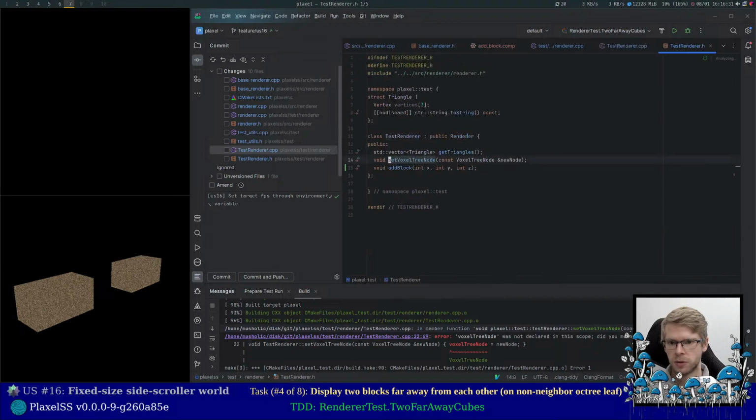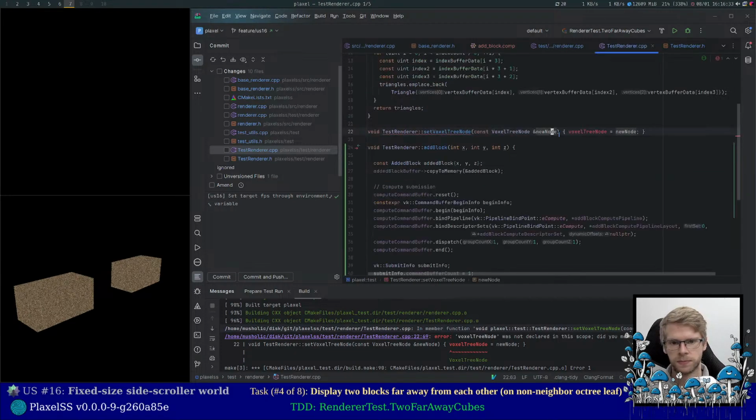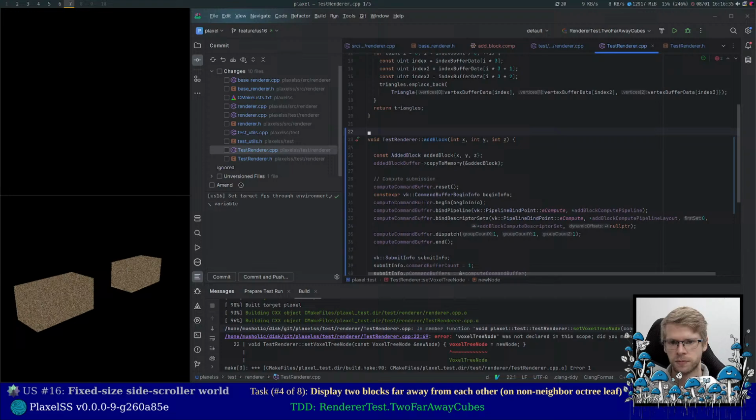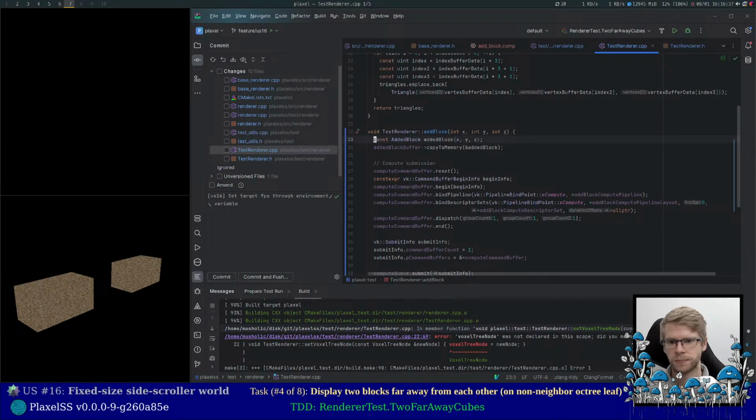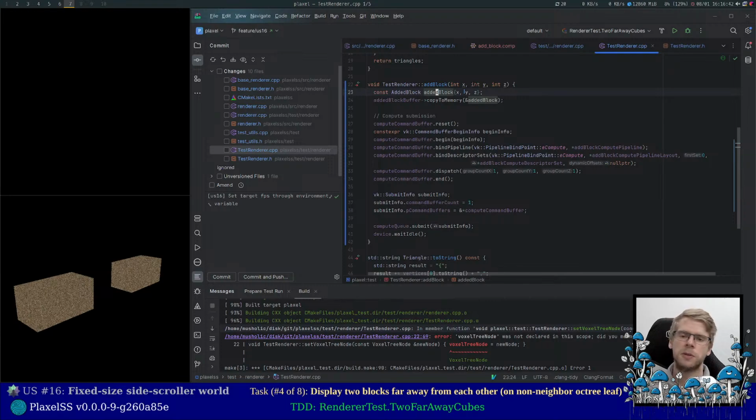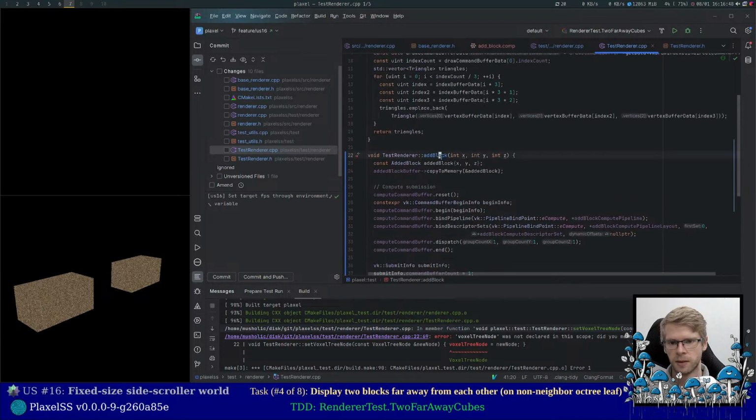So I don't want this method anymore. This method should now be part of the method of the renderer because